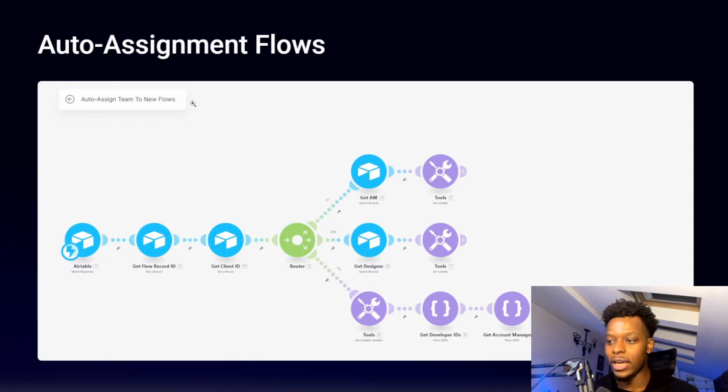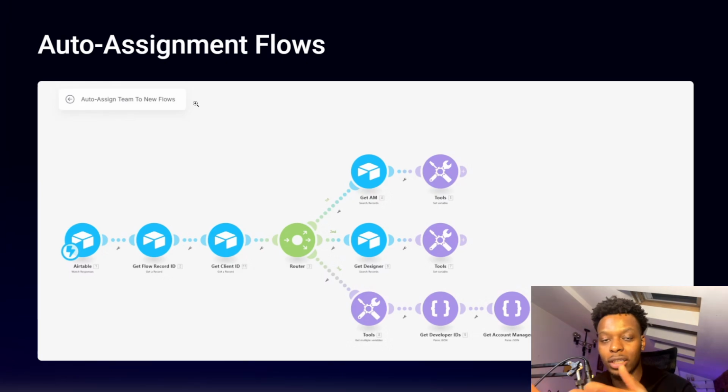You'll watch for, in this case, a new email flow for an email marketing agency. Whenever a new flow has been created, or a new project has been created, you grab the flow, you grab the client, and then you search all of your requisite team members for who has the least number of projects that are pending, ready to go. Not pending: projects that are finished, projects that are ready to go, projects that are basically done, projects that are rejected. You leave all of those out, and then you count how many